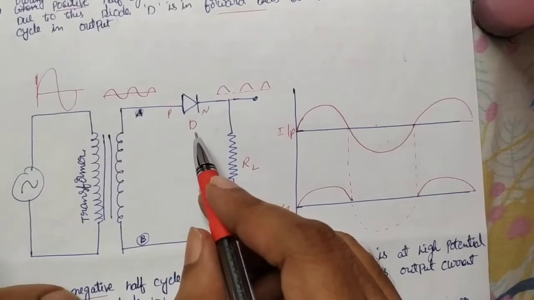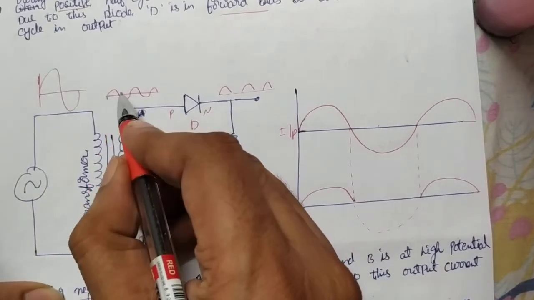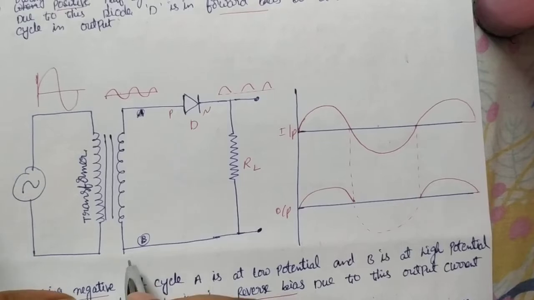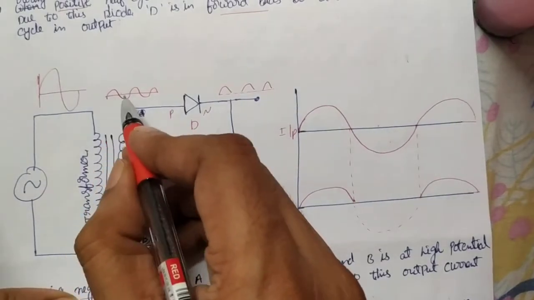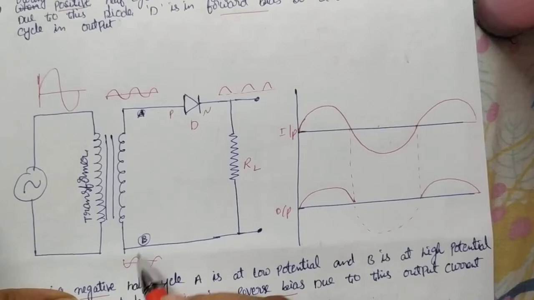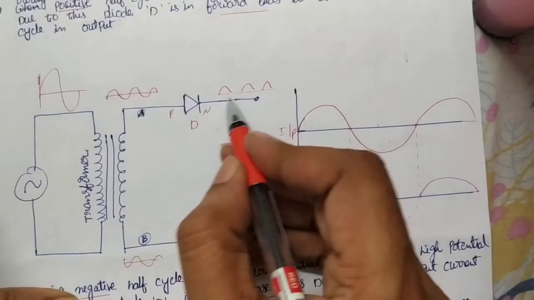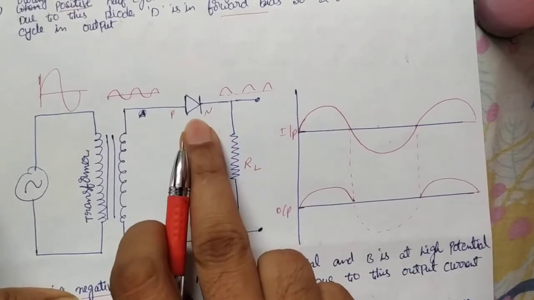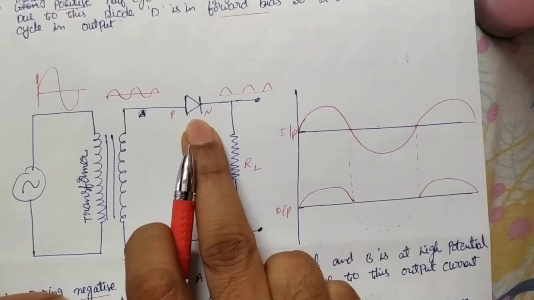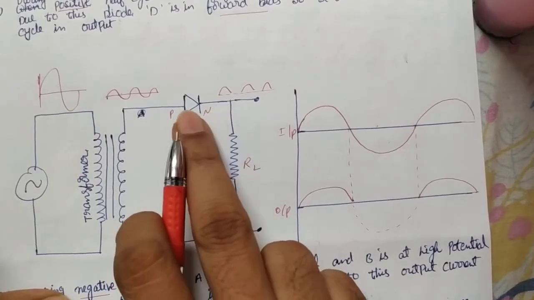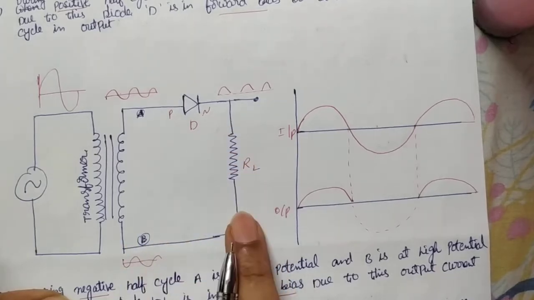Then a diode is there. If here you get the positive half cycle, then automatically here you get exactly the opposite wave. Here positive means here we get the negative half loop. Whenever you get the positive half loop at P and the negative half loop at N, the diode becomes forward biased. We know in forward bias the diode offers very little resistance, behaving like a good conductor, so it allows this half loop and the current flows like this.